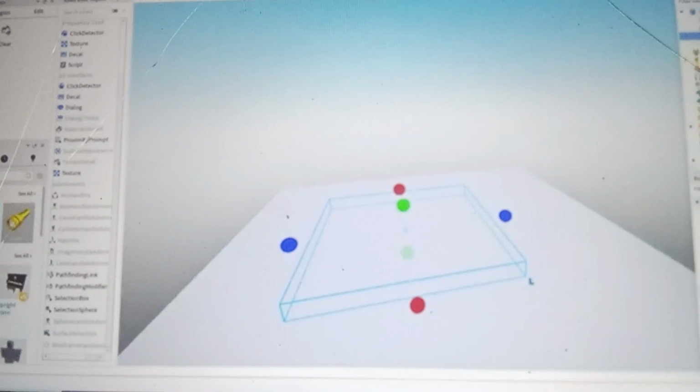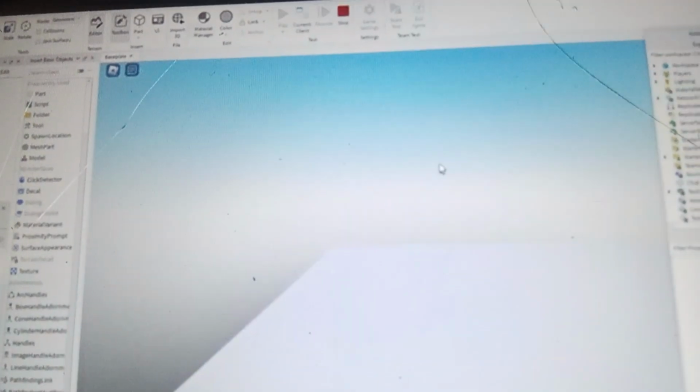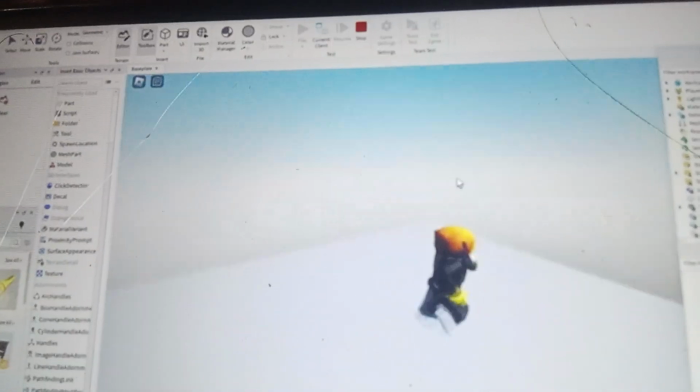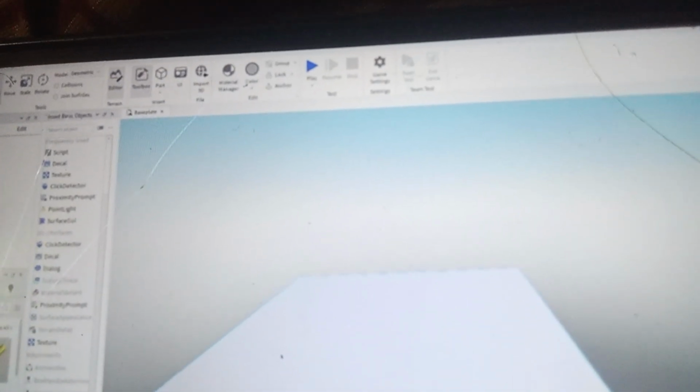Of course, you can go ahead and press play to see what it actually looks like. It should spawn in perfectly fine. And yeah, so now the players will spawn here. Of course, right here, you can go ahead and color it. So when you press this big platform,